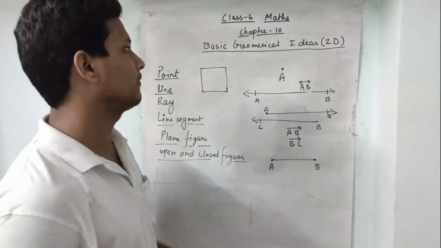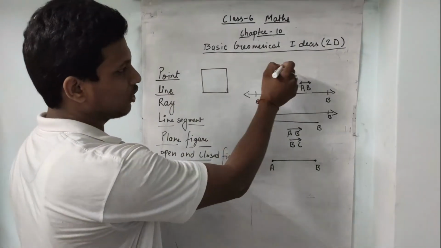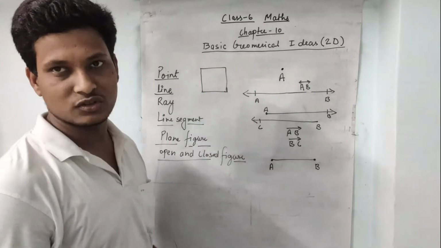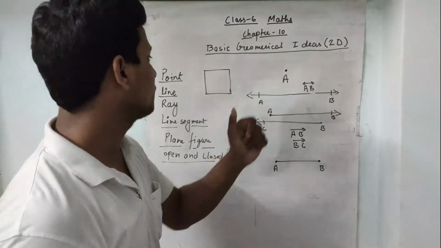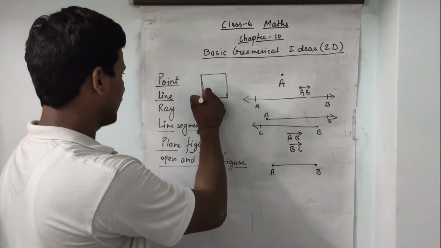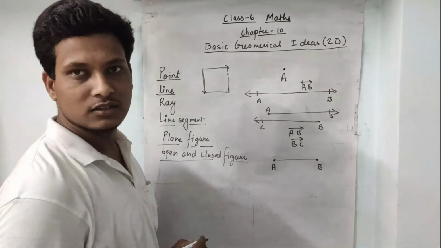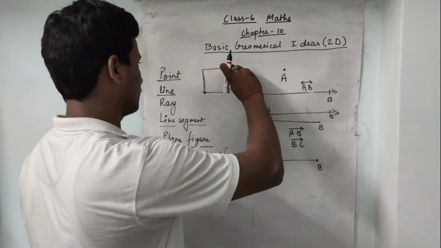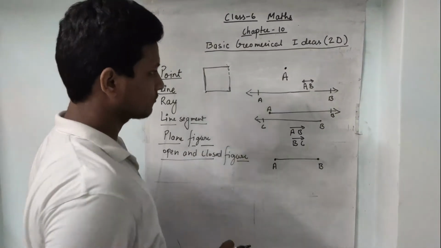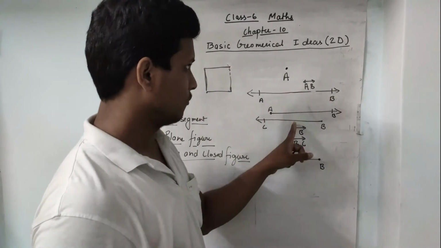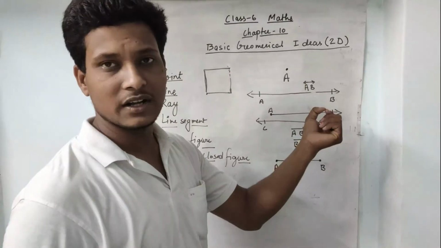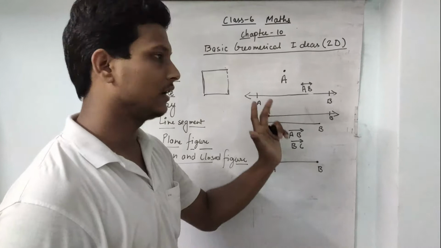Basically a two-dimensional figure. One dimension is horizontal and one is a vertical direction. So this is called the two-dimensional figure because it has one line at vertical end and one line at horizontal end. Okay, so this is called a plane figure. Like these are the one-dimensional figures because they have only one direction, either this or this.